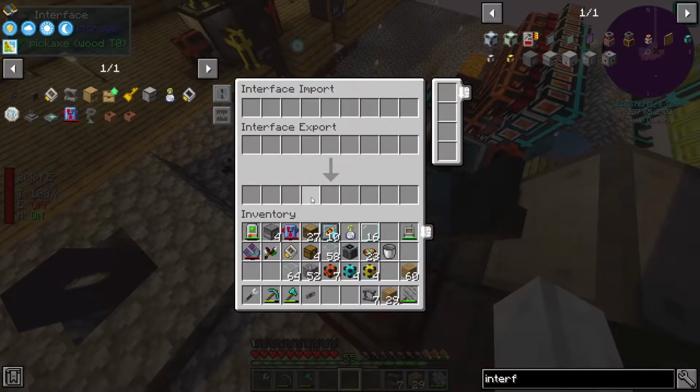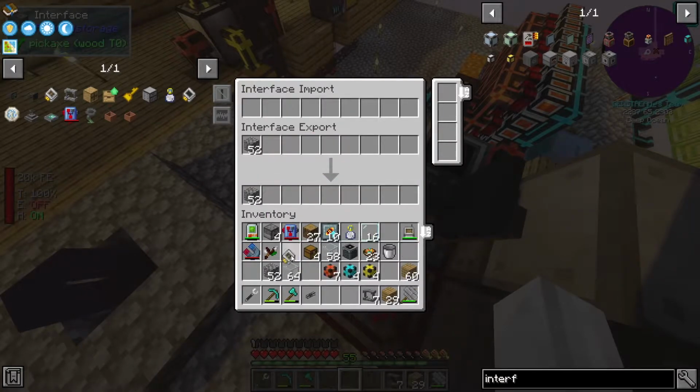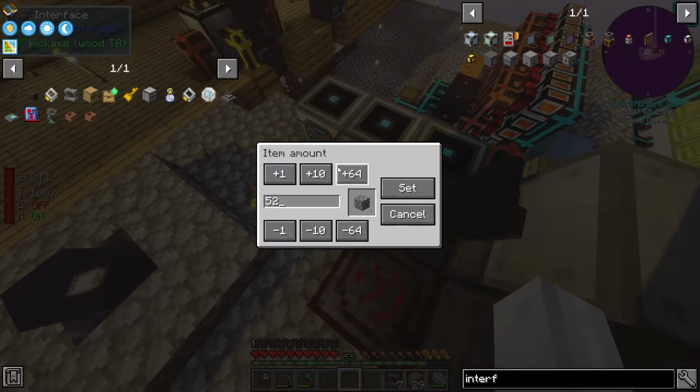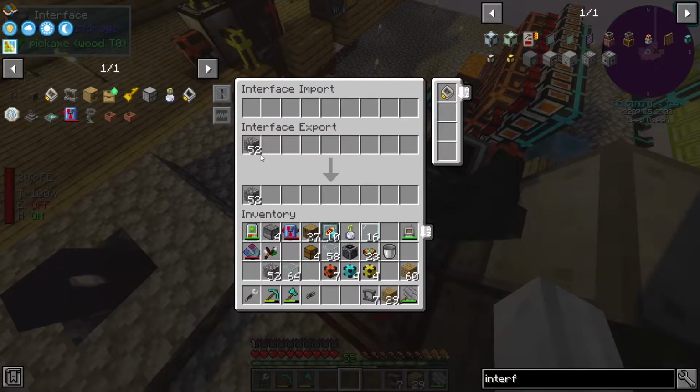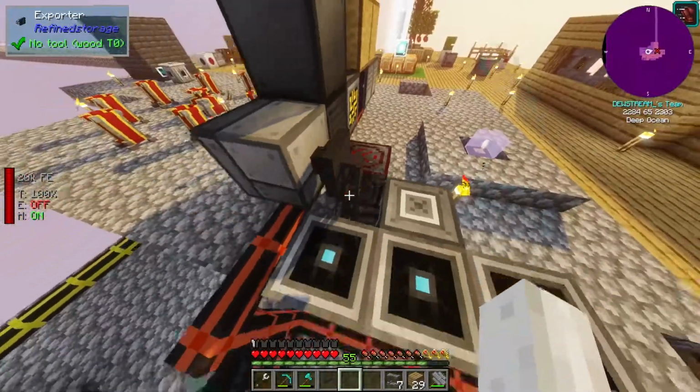This slot here is what we want to get kept inside of this interface. So if I want to have 52 cobblestone in this interface, it will put 52 cobblestone in here. And if I were to put a crafting upgrade in here as well, if I have the recipes for it, of course, it will craft the cobblestone and make sure that we have 52 in there, assuming we have the resources. You can also change the amount it has up to a stack and down to 1. Shift click to get rid of it, and it puts it back in your system. So we can use this to make sure that there's...